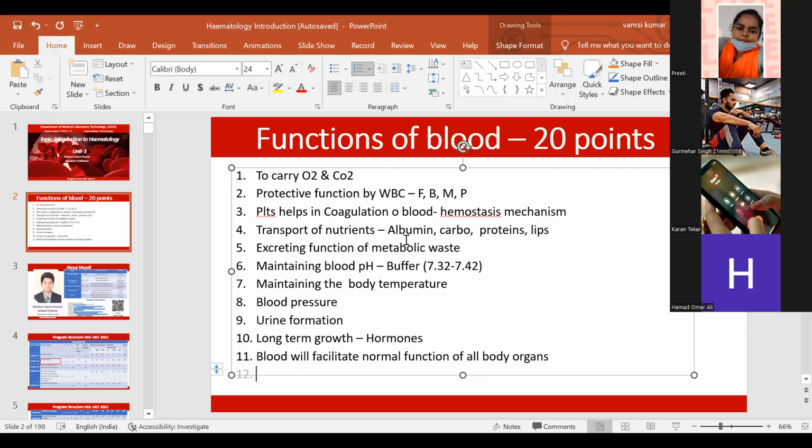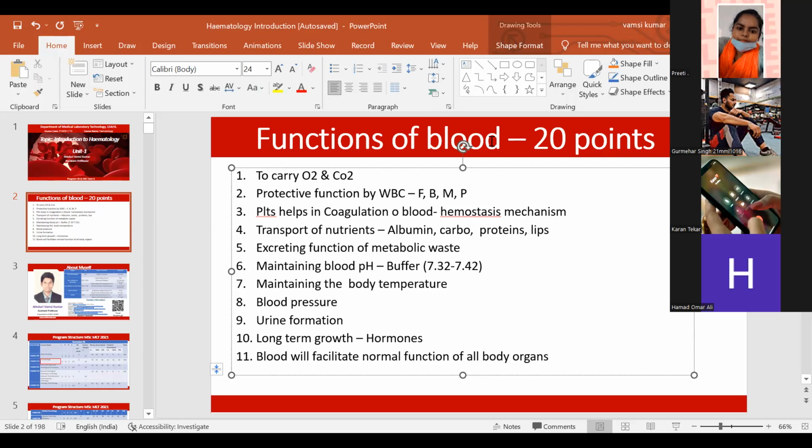Neutralizing of toxins, we can say. Okay, students, this is fine. So anyway, you did great at generating almost 11 points of blood. To carry oxygen, protective function, prevention of bleeding, nutrients, excreting function, then